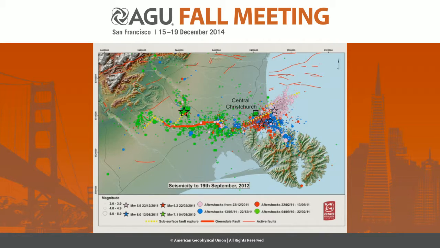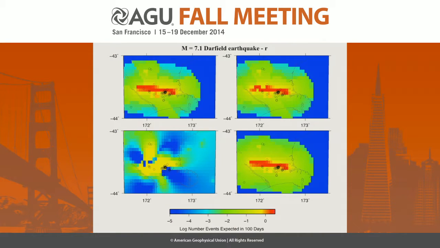And what we did for each event was we used the first 10 days of observation to forecast the seismicity in the next 100 days. And we compared these various models. And just to give you an idea of what they look like, the top 2 are the hybrid models, the combination of STEP and Coulomb, and so you can see distinct lobes